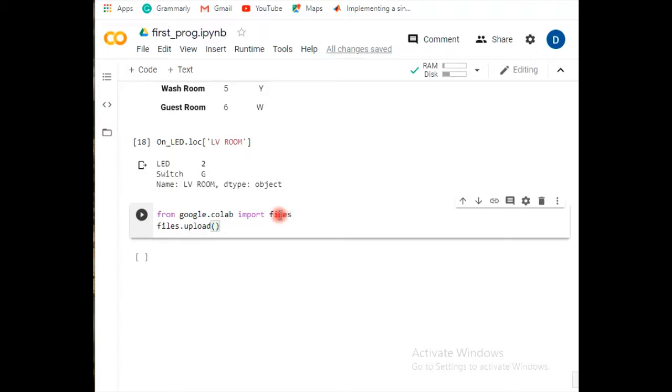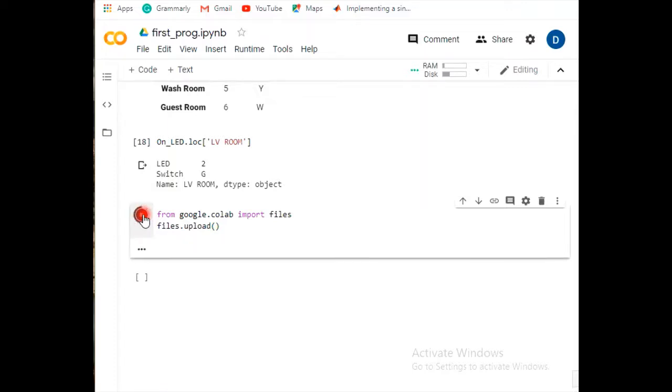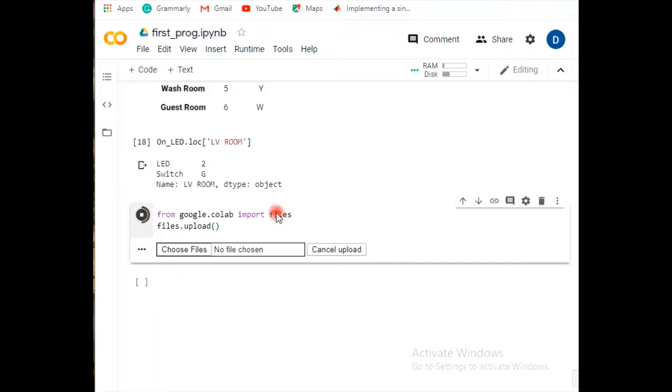This task has to be done only within Google Colab. If you're working in Jupyter or Spyder, there is a facility to pre-upload with the help of some tab. Here this command helps you to upload the file. That is the only difference between Jupyter and Google Colab. So you have to write from google.colab import files, then files.upload. This will help you to upload your file. While you run this, it shows you an option to choose your file like this.